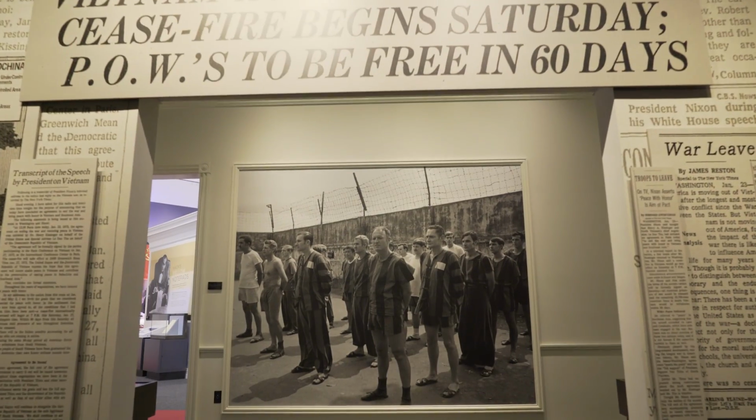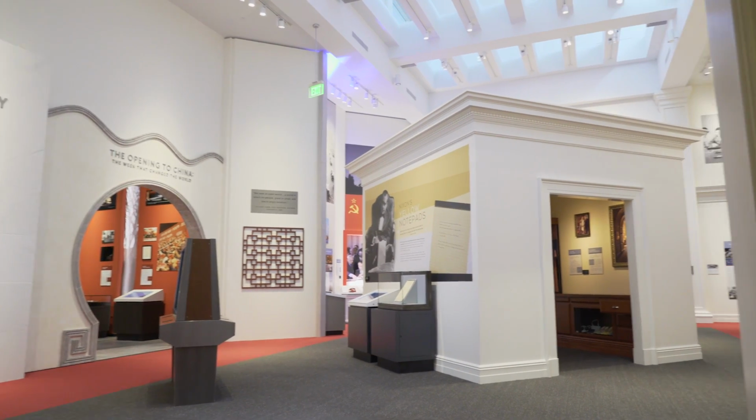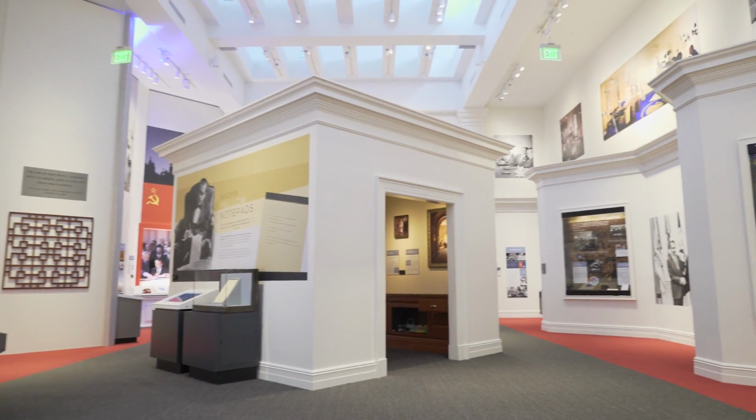Asia. The visitor gets transported in this museum to many places, and this is one of the places that they